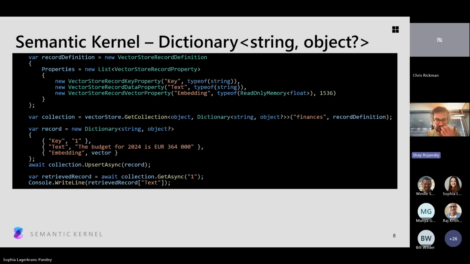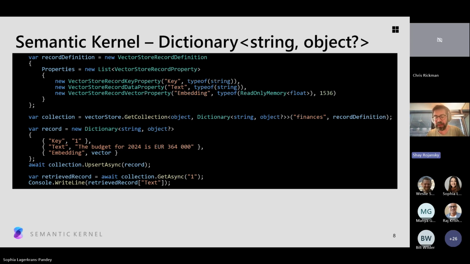We've made quite a few changes around this and obsoleted that type, and we've aligned with various other packages, where the standard way to do this sort of thing in .NET is simply to have a dictionary of string to object, where the key is the name of the field, and the value is object. It can be absolutely anything, right? So instead of having a .NET type, you map a dictionary to the database, and that allows you to be completely dynamic in the way that you work.